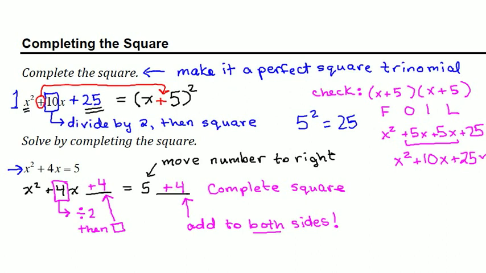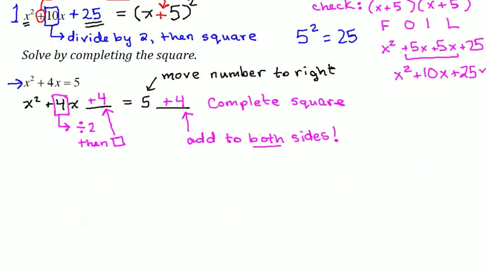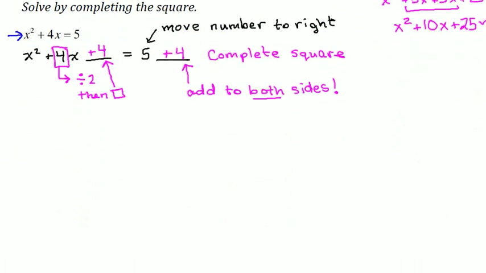Okay, now I'm ready to see what I've got. I'm just going to rewrite this whole thing to make it look a little bit easier to read. On the left-hand side, we've got x squared plus 4x plus 4. And on the right-hand side, we have 5 plus 4, which is 9. At this stage, we now have a perfect square trinomial over here on the left, and we can factor it or write it as the